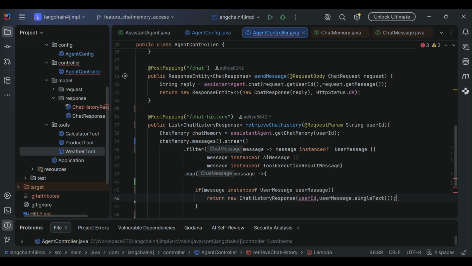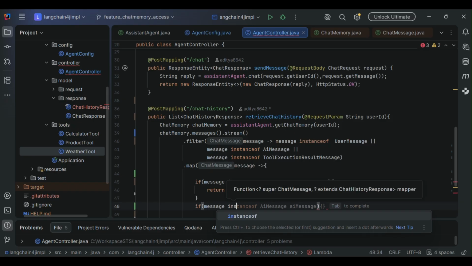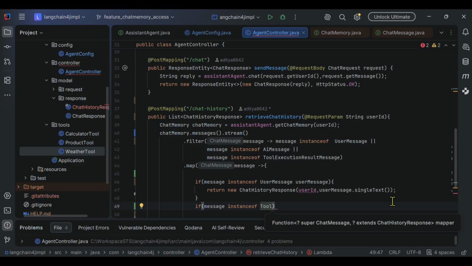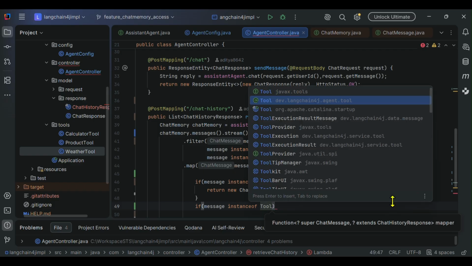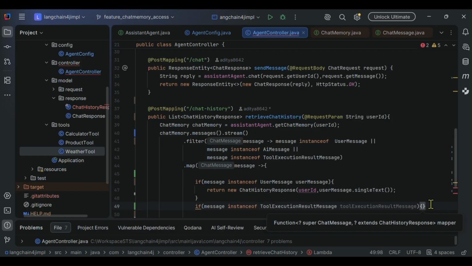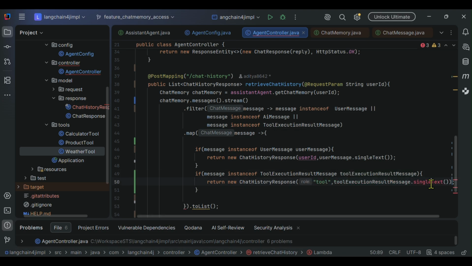So now the status response is created. Now if message is an instance of tools execution message, result message, and I'll do the same thing. I'll just copy paste this line, and instead of user ID I'll mention tool. So which tool is getting called? Tool message dot